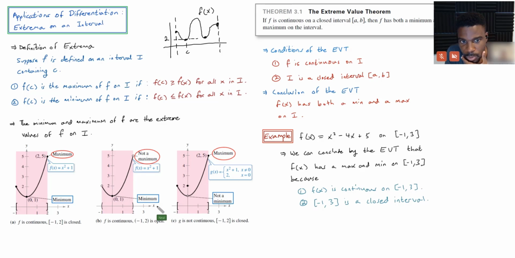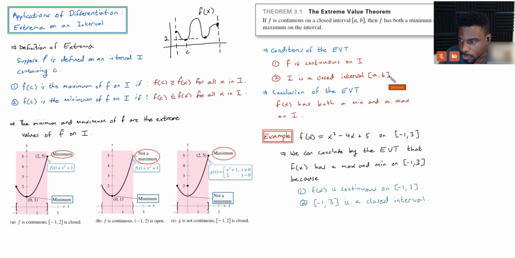Okay, so what this leads us to is the first theorem here, which is the extreme value theorem. The extreme value theorem tells us under which conditions we can expect an extrema. The condition says this: if f is continuous on I,